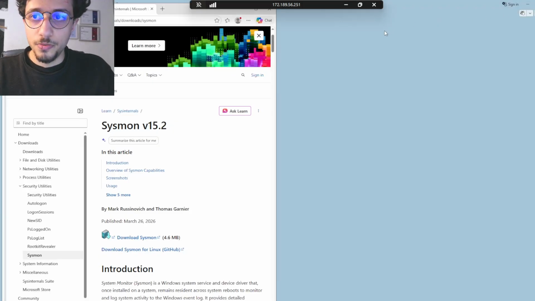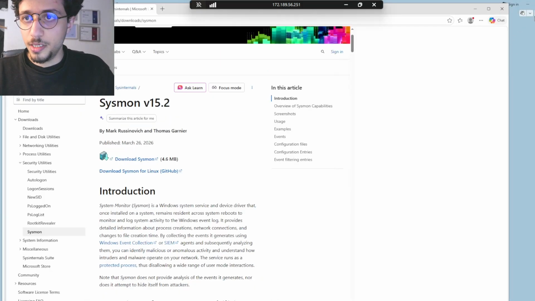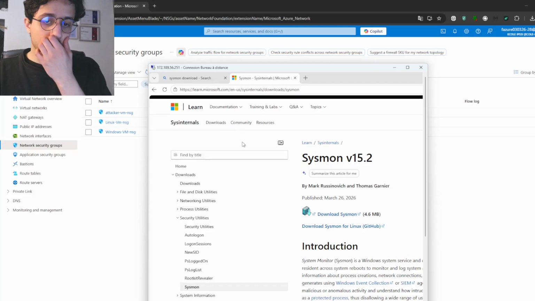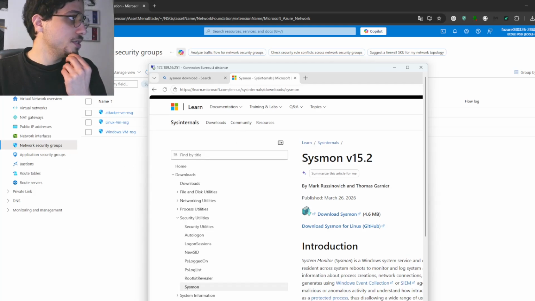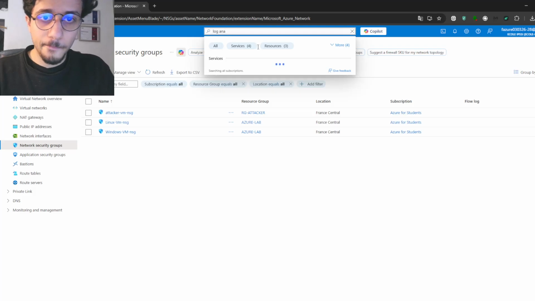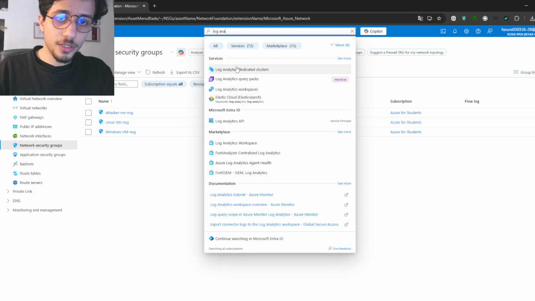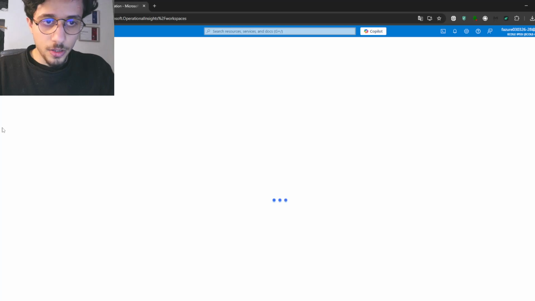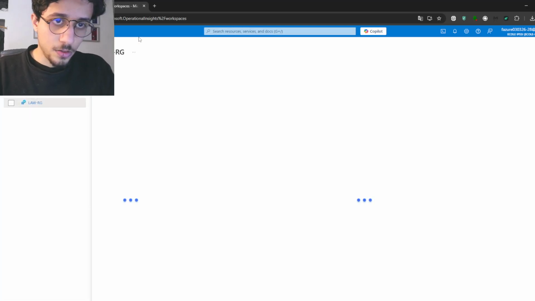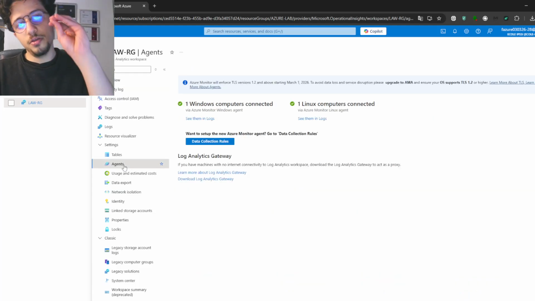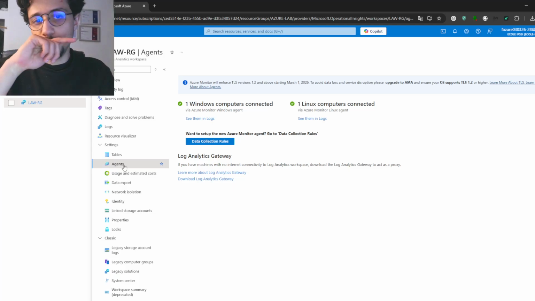Okay, so like I said, we have our log. The same thing in our Linux. So here, what we're gonna do? We're gonna create our Log Analytics workspace. Okay, this is like I create the Log Analytics workspace resource for our resource group. And what we're gonna do, we have agent, and for every Linux or Windows machine,